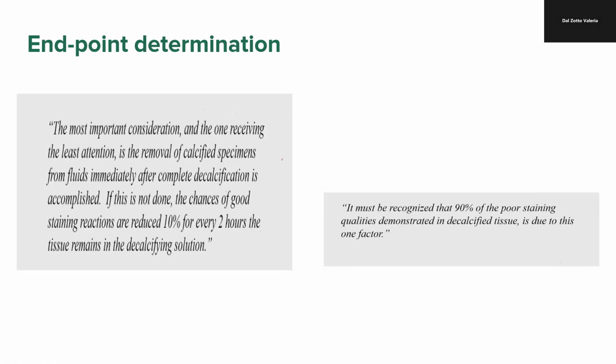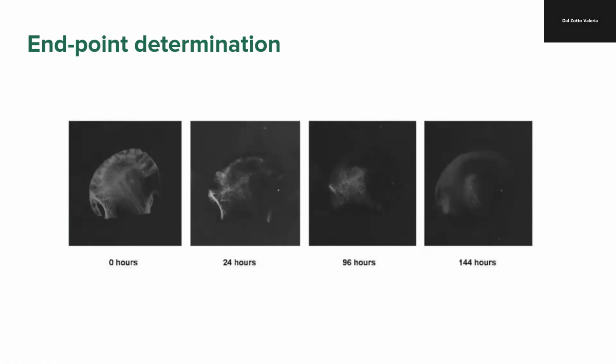You are going to determine if the tissue is completely decalcified. One of the easiest ways to do it at the beginning, if you don't have enough experience, is, because we have an X-ray machine for breasts in the gross room, you can X-ray the piece of bone at